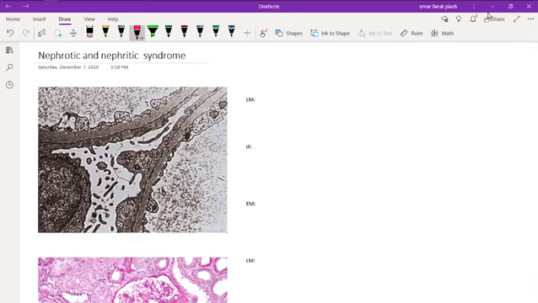If we think about nephrotic syndrome, the first disease that comes to mind is minimal change disease, which usually occurs in children. This is the electron microscopy picture of minimal change disease. For every disease, we will discuss the cause and three findings: light microscopic, immunofluorescence, and electron microscopic findings. Minimal change disease is mostly idiopathic,